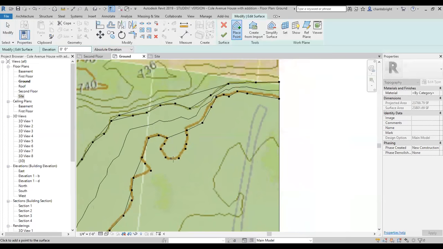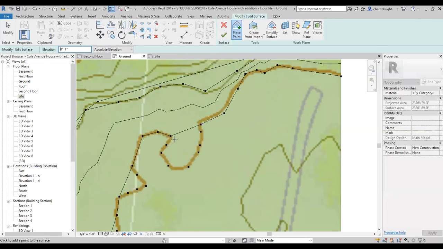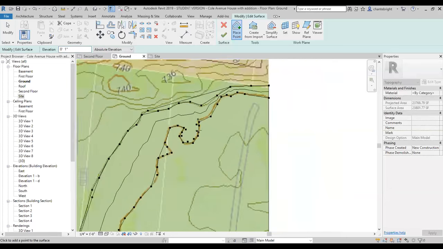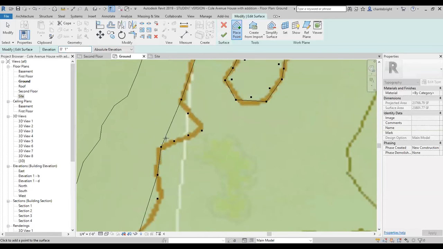Now you're saying, well, it's still not really changing. It's okay. We may have to go through and say, okay, 1 inch. And now come through and hit along, and now you notice the contour line has changed. You see that? So you got to do some fudging sometimes, but this is why it's great to have an